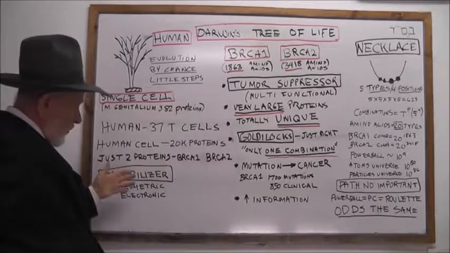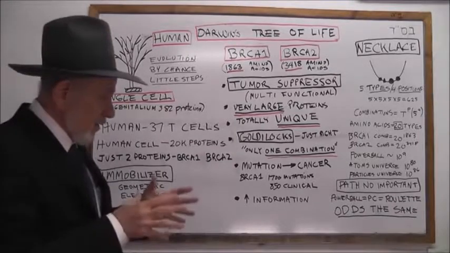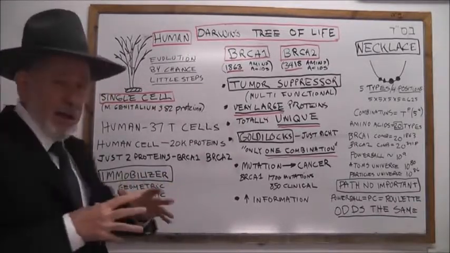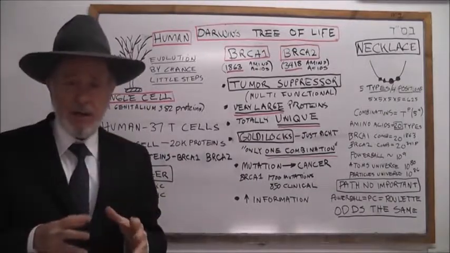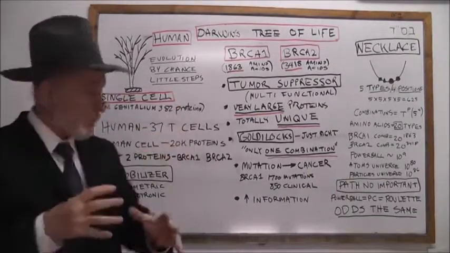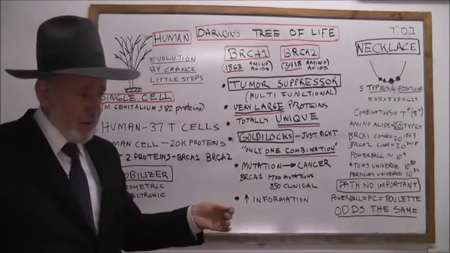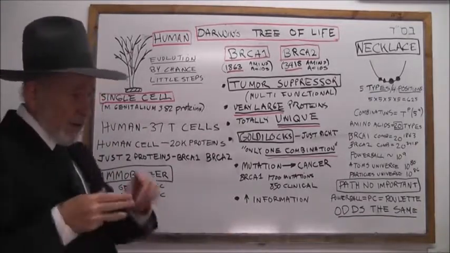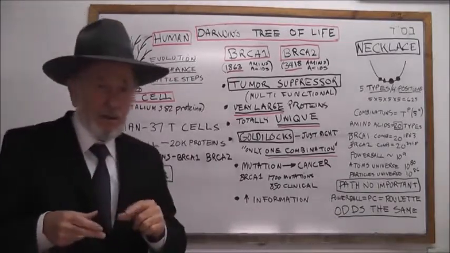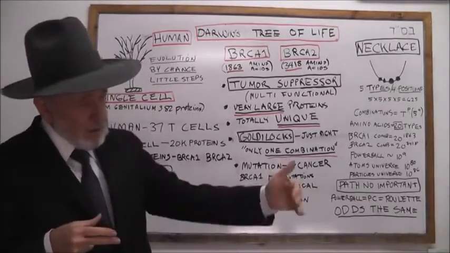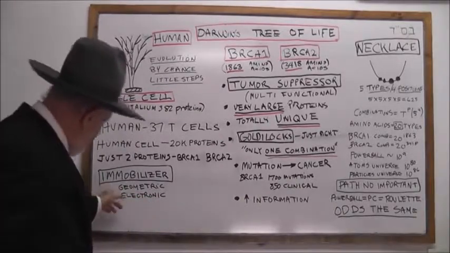One thing about these proteins, like any proteins: the proteins have two major ways they function. The geometry of the protein has to be exact, and the electronic configuration of the protein has to be exact for the proteins to be able to function properly. And this is similar to an immobilizer key in a car. The key has a geometric component to it, but also it has a little integrated circuit in there which has an electronic code which corresponds to an electronic code in the steering wheel. So this is very important.